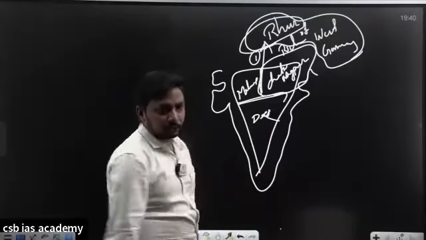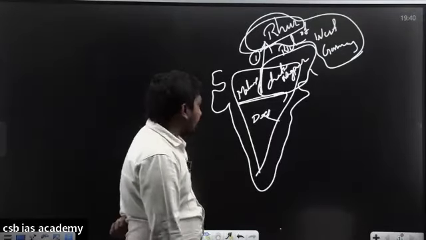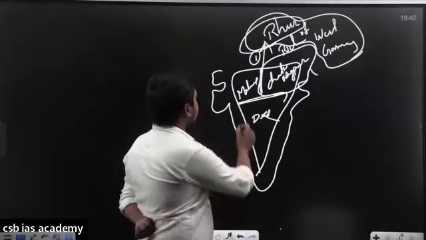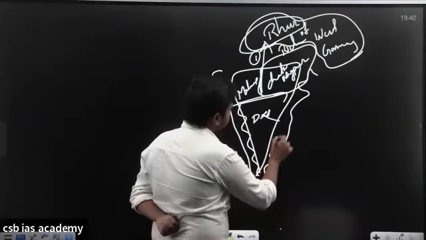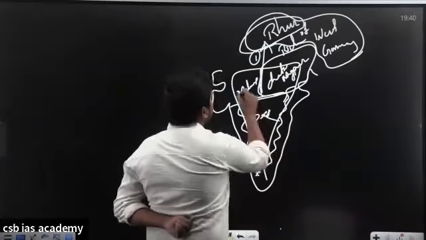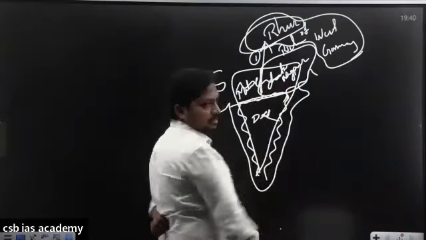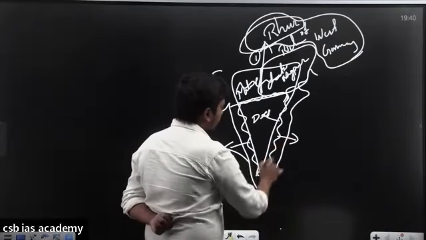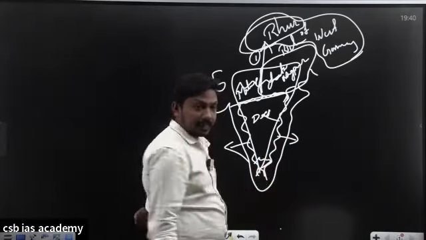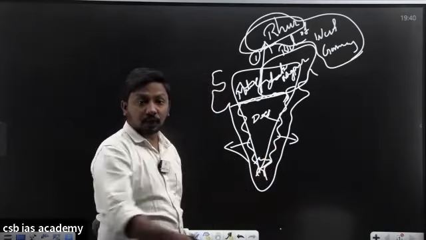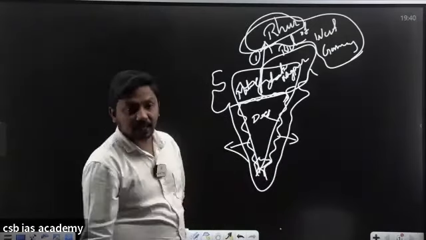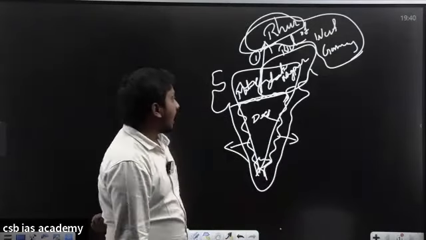And we have the Deccan Plateau. And this Deccan Plateau has natural divisions, natural borders. What are those natural borders? Western Ghats and Eastern Ghats and the Vindhya and Satpura ranges. The Western Ghats are the western borders, the Eastern Ghats are the eastern borders, and the Nilgiris and Annamalai hills act as the southern border. They are located at the junction point of the Eastern and Western Ghats, and in the northern part you can find the Vindhya and Satpura ranges.